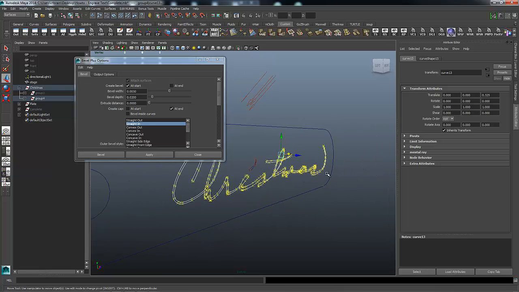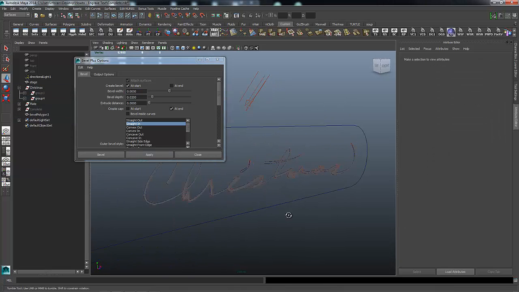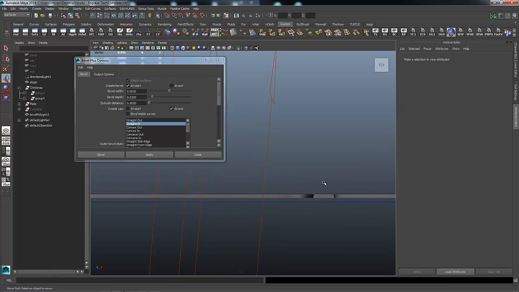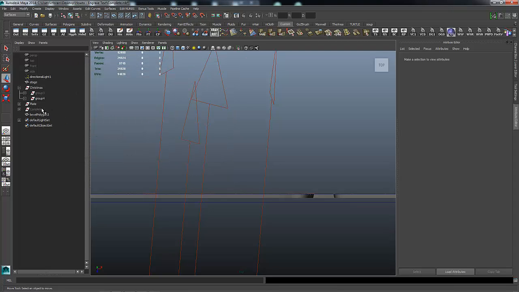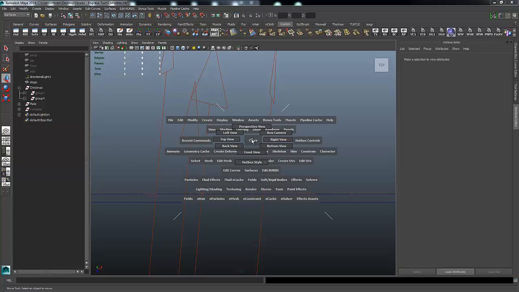This is, remember, the original text that was sent in. So if I apply this, it creates the bevel, but there's a problem with this. If I go to the top view, you can see that it's beveled outward. We want it to go inward to look like it's been engraved. So how do I reverse the direction that this bevel happens? Well, you do that simply by reversing the direction of the curves. So if I take this and delete it,